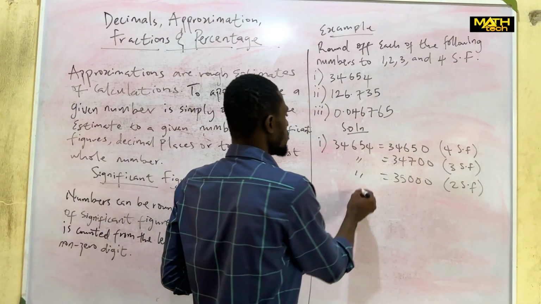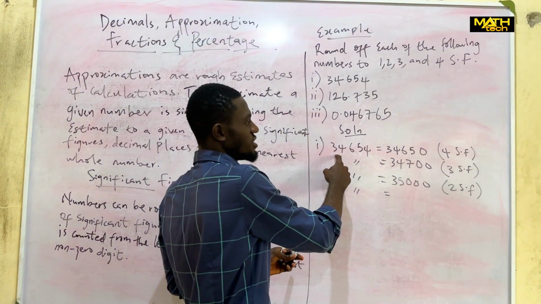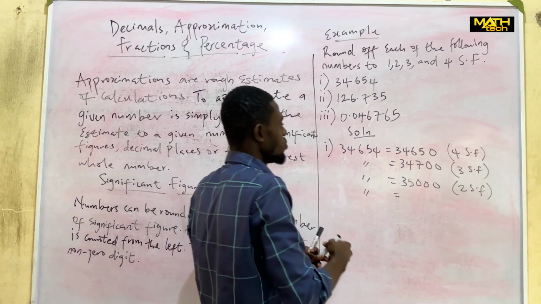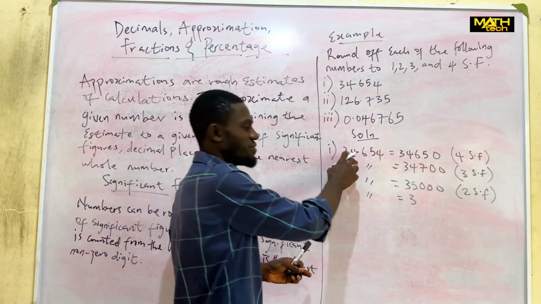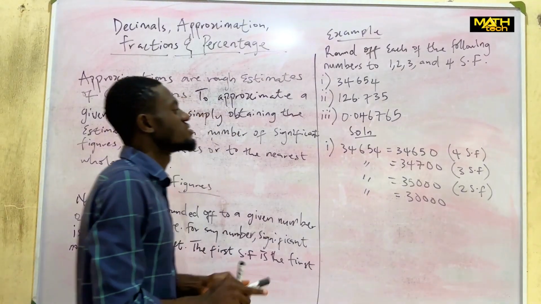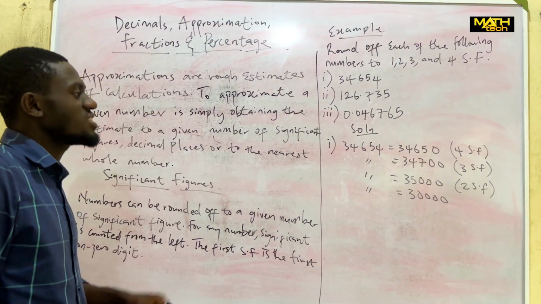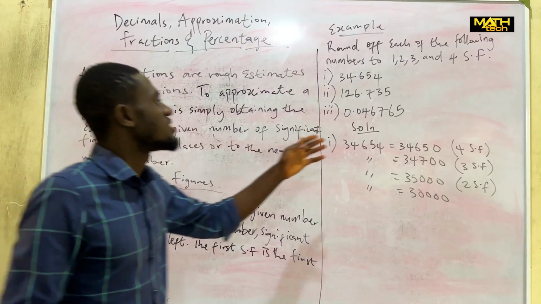1 significant figure, which is the 3. Since the next digit is less than 5, you just have 30,000. So now this concept of significant figures is just like when you are asked a question to round a number like this